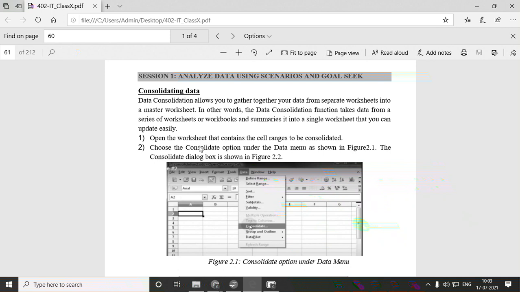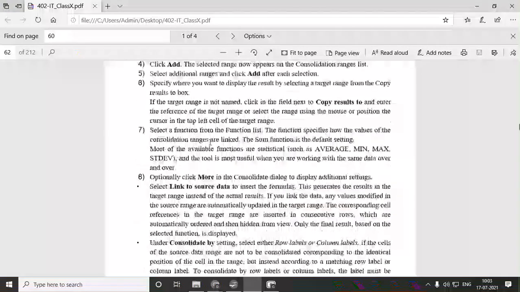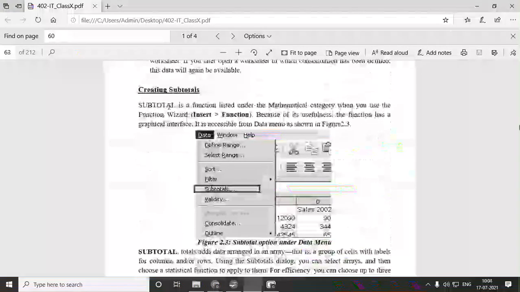If they ask for an example, then as I told you, the example like UT1 and UT2 marks. Yesterday I explained the 6th standard and 7th standard marks card. Like that, with the help of an example, you have to explain this. Sometimes they'll ask for 2 marks, sometimes for 4 marks. Okay, next thing is subtotals.